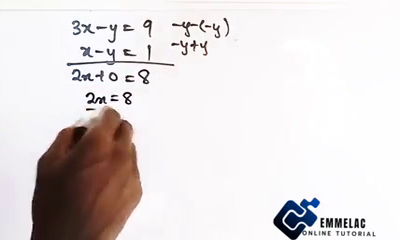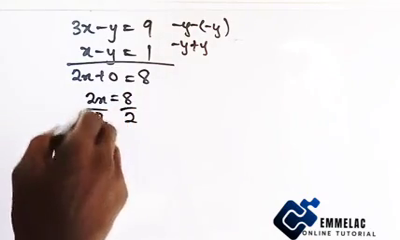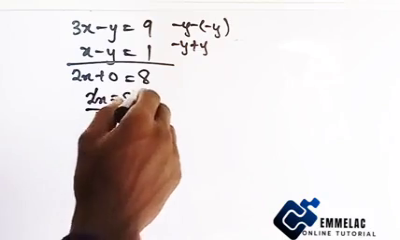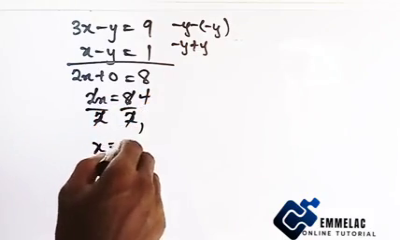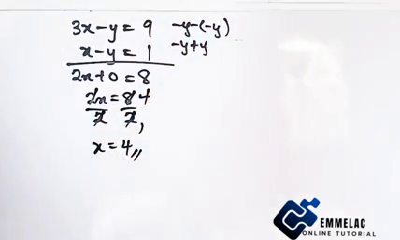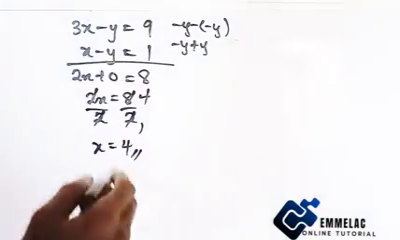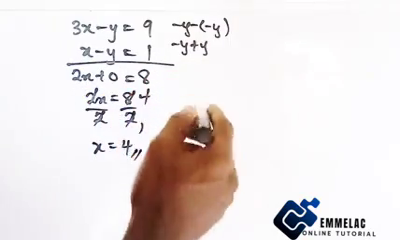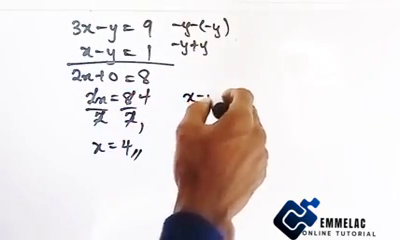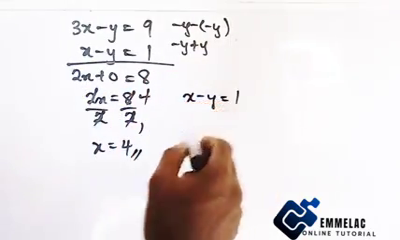Now divide both sides by 2 to find the value of x. This cancels this, 2 here is 1, 8 here is 4. So our x equals 4. Now if our x equals 4, put x equals 4 in either of the equations. From equation 2 we have x minus y equals 1. So putting x